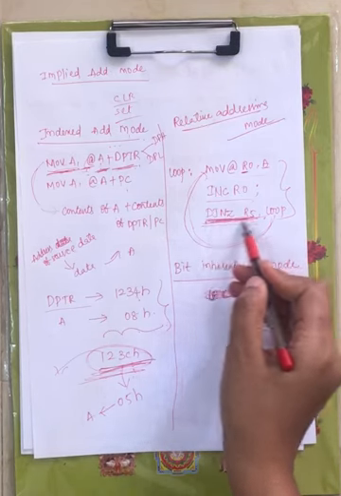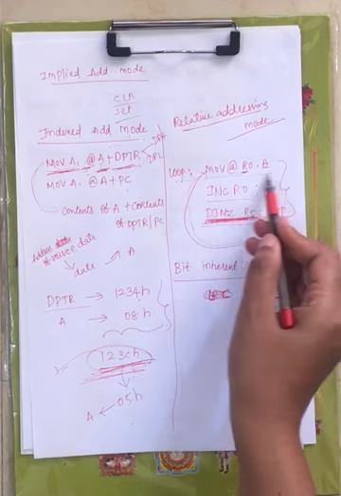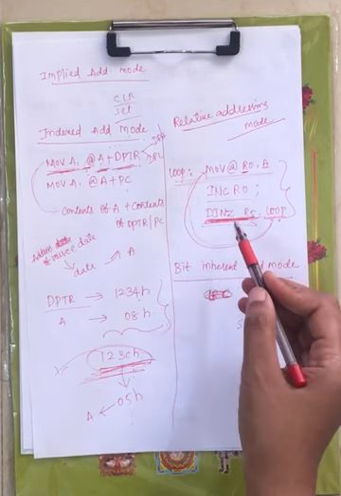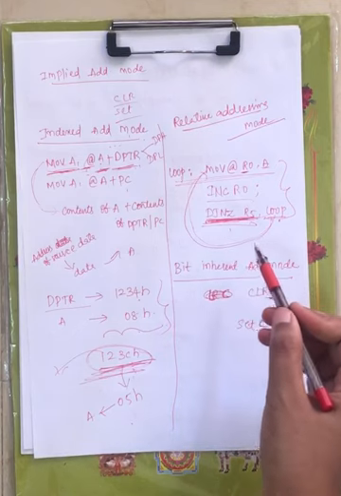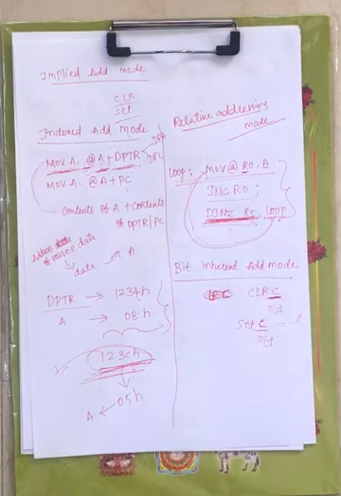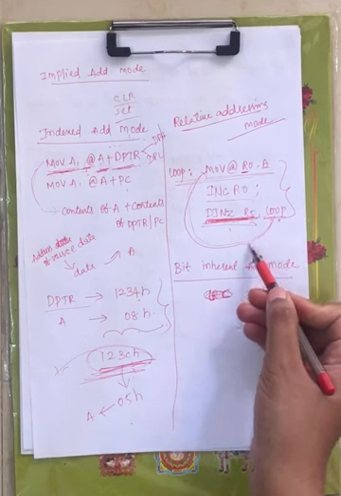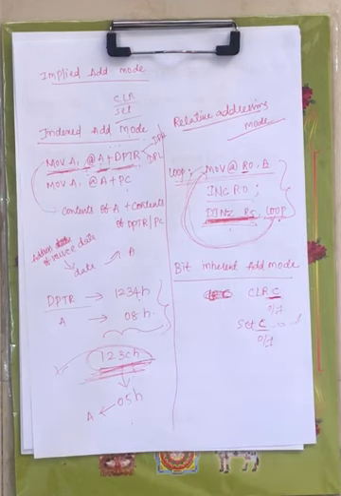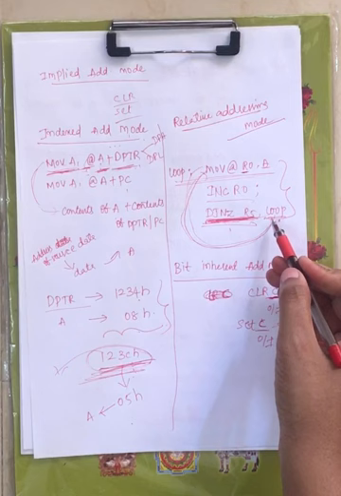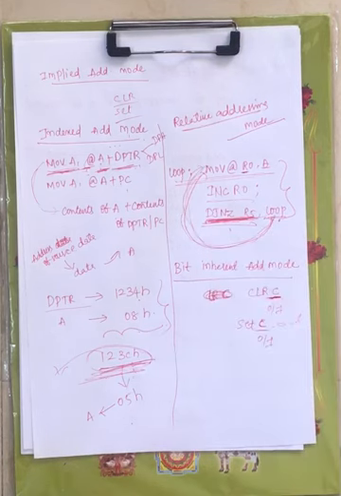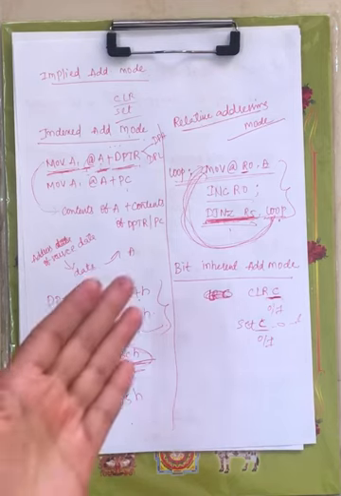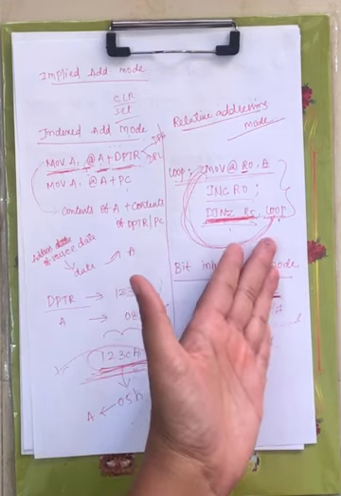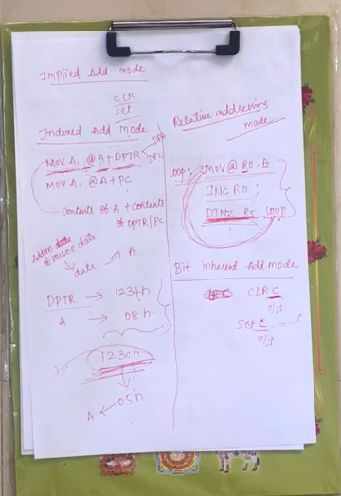When you are executing this instruction, it will transfer to the loop, which is before this instruction. This will transfer to the loop when the result is not 0, because it is a jump if not zero instruction. When the condition is satisfied, it will transfer control from this place to another place. All those instructions come under your relative addressing mode. Relative addressing mode is used with conditional jump instructions in order to transfer the control from this place to that place, right. Next we have bit inherent addressing mode.